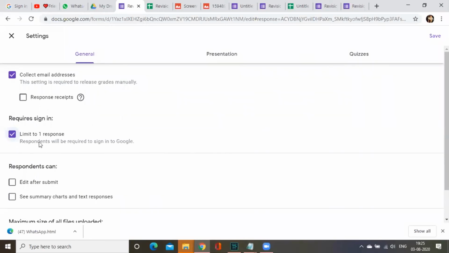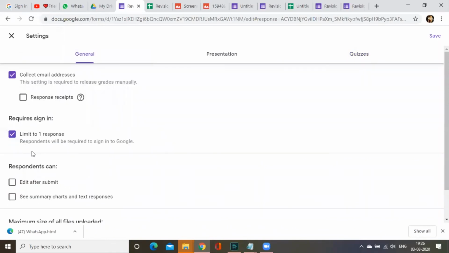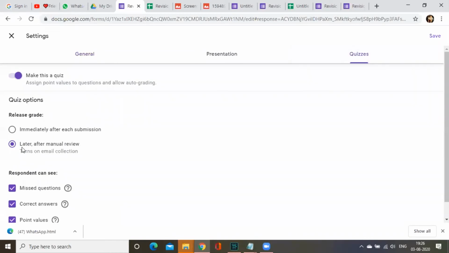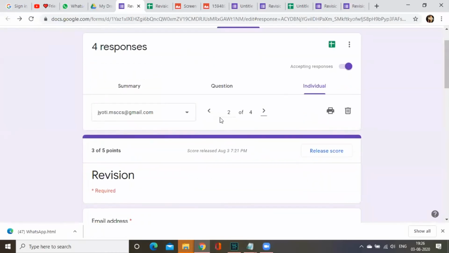In general, limit to one response, and in quizzes you need to select the second option, later after manual review. These two things you have to do in your settings, teachers. Okay, fine, I got it.